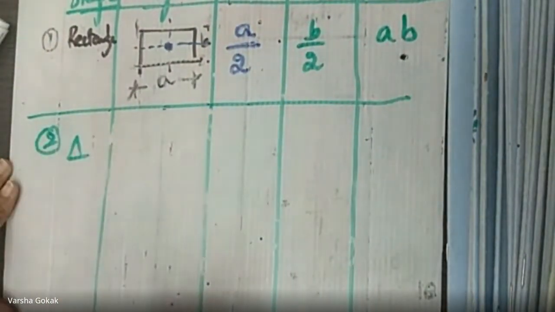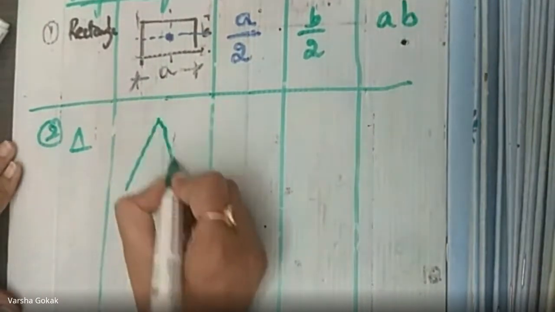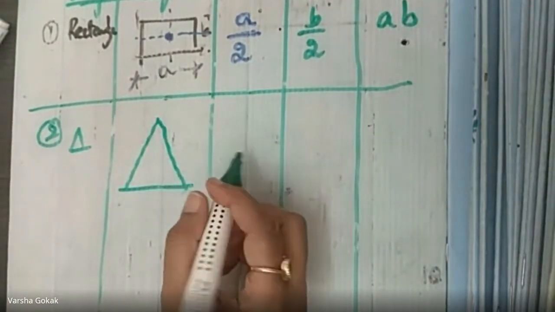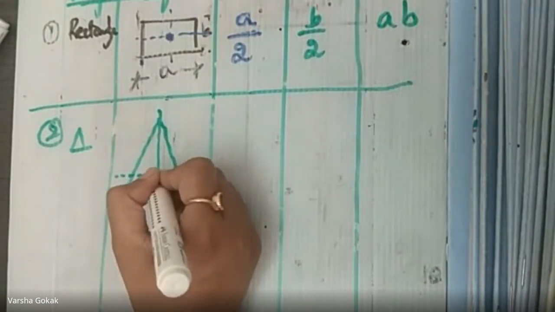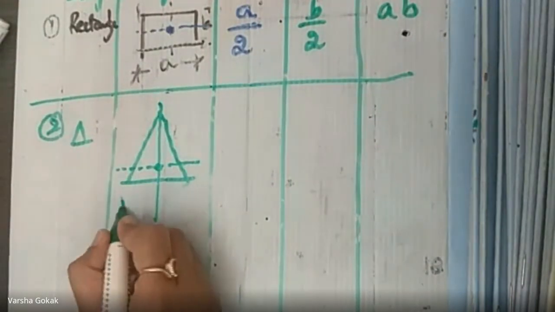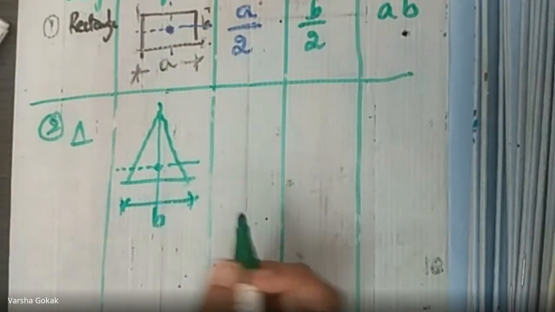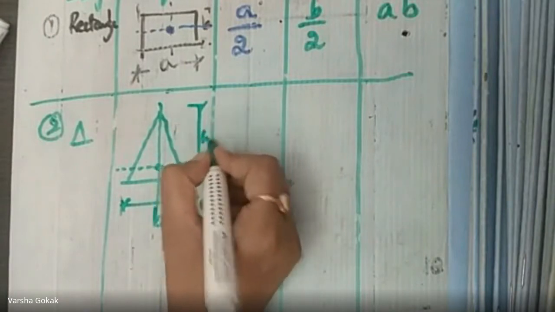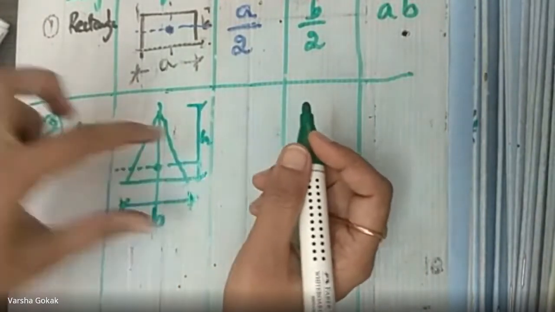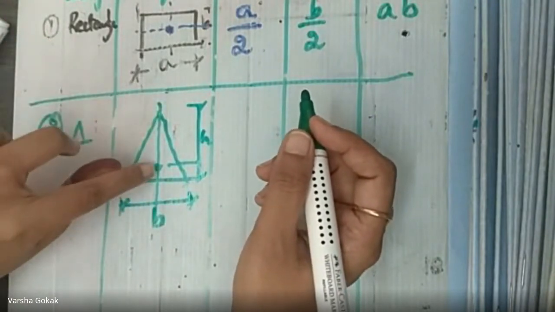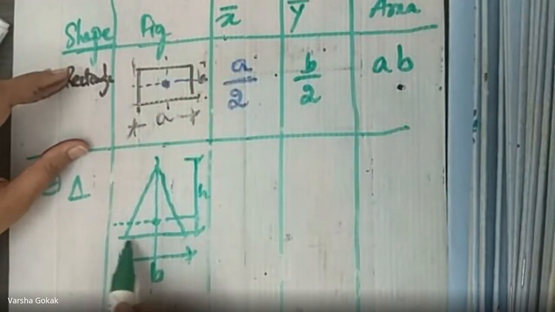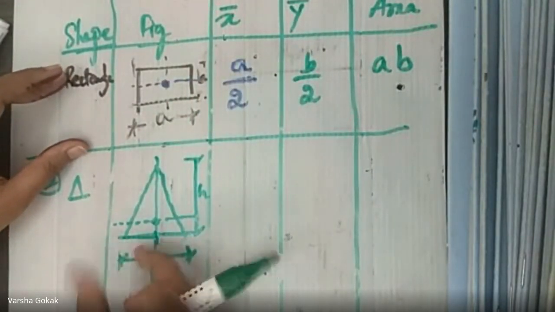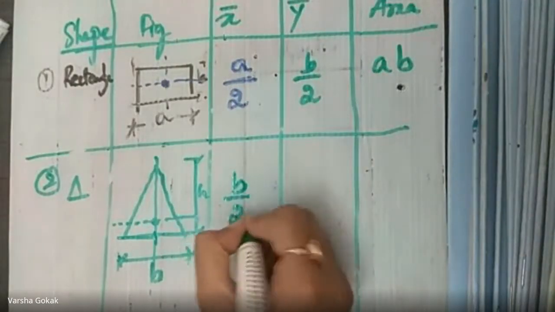Second one, let us talk about the triangle. Right? So we have a triangle like this, right? We have derived for a triangle of this pattern, and the CG of the triangle lies over here. Correct? I'll call B as the base and let H be the height of the triangle. So B is the base, total height is H. Here is the CG of the triangle. So when I'm writing x bar, from here to here, this distance I want. So what is x bar? B by 2. It is going to be B by 2.